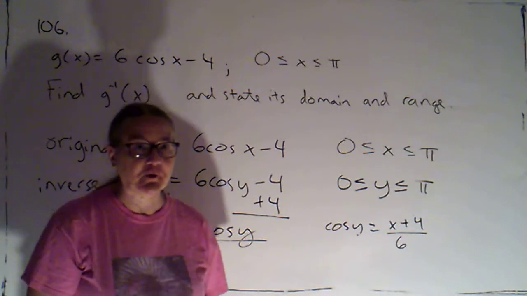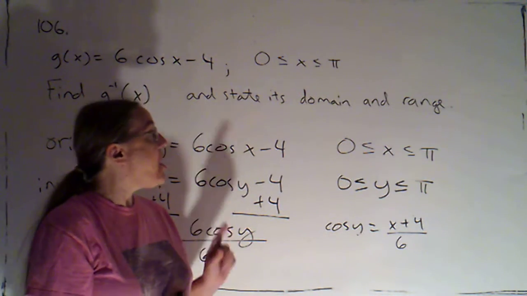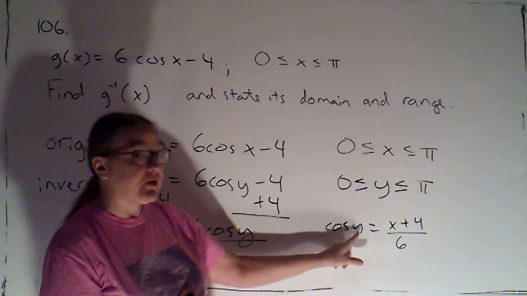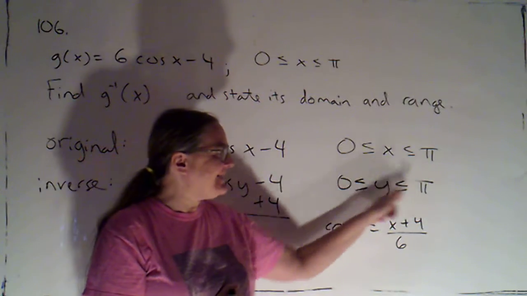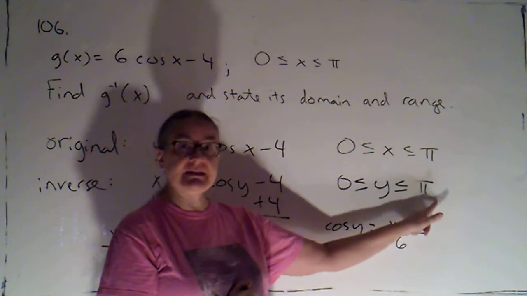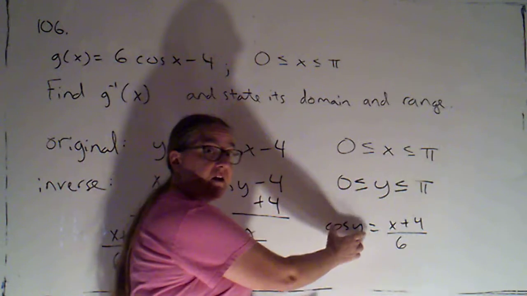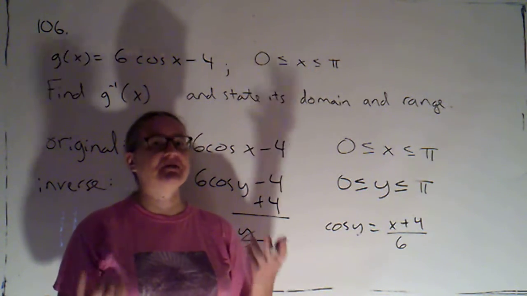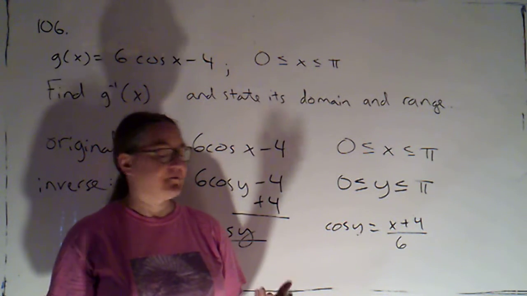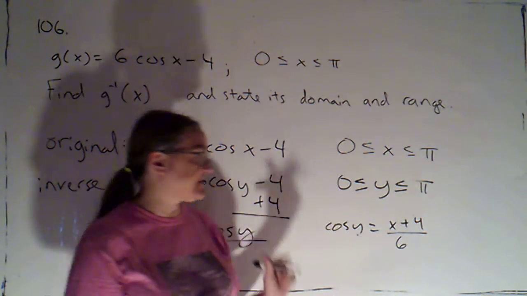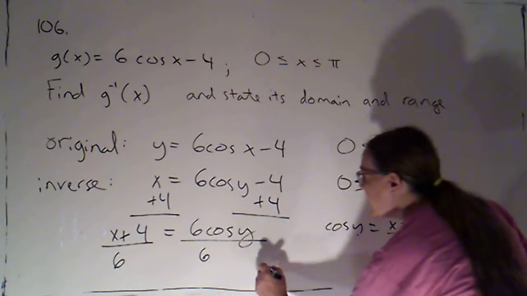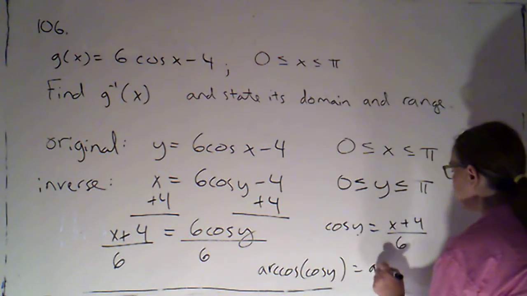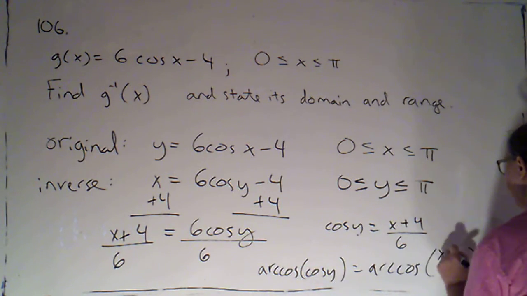Well, as a general rule, I can't undo cosine. But if we've restricted things so that I know y, which is the angle here, is in this interval, so that it's between 0 and pi, then this cosine is cosine with that restricted domain. That's the function whose inverse is arc cosine. So I can apply arc cosine to both sides of this equation. I'm going to get arc cosine of cosine of y is equal to arc cosine of x plus 4